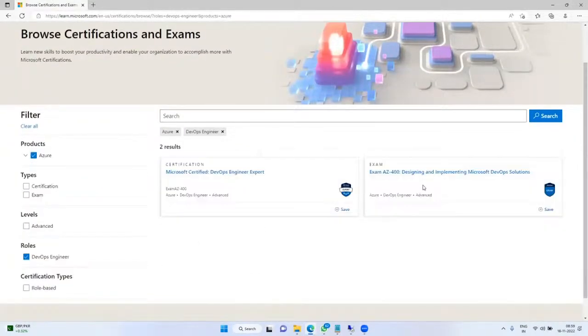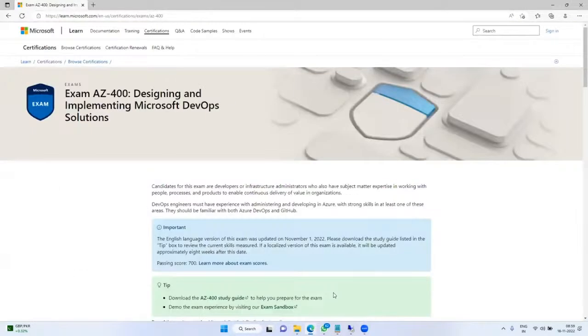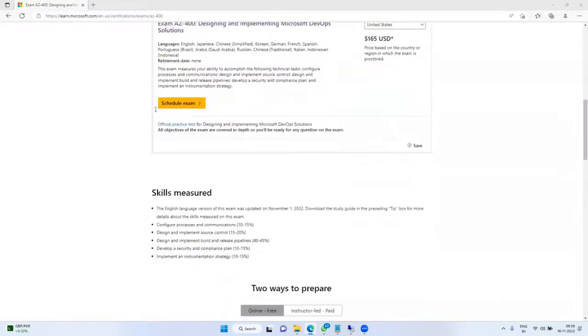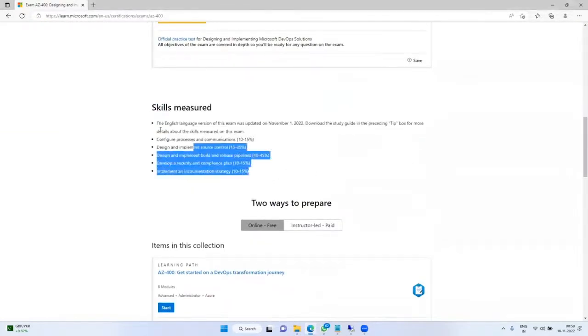Azure AZ400. Okay, yeah. See, these are the skill measures that are verified.